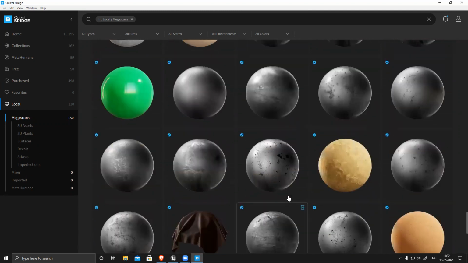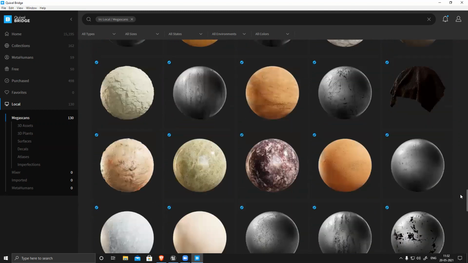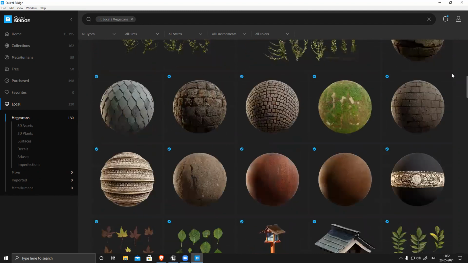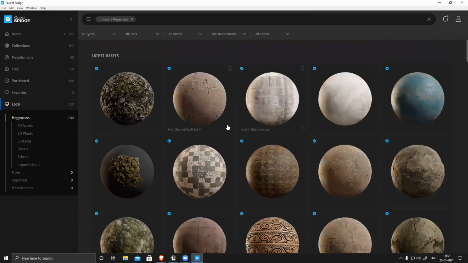Okay, that particular texture is not there.